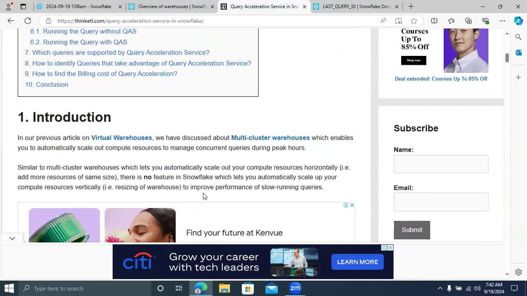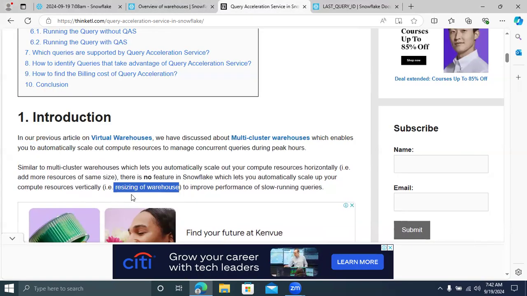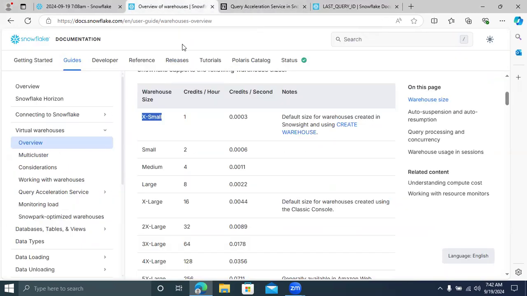In Snowflake, you can also scale up your resources vertically. Vertically means you have to resize your warehouses. Say an XL warehouse is there, I'm using one warehouse, and I have concurrent queries I want to run in it. Scaling vertically means the same warehouse size will be created n number of times.